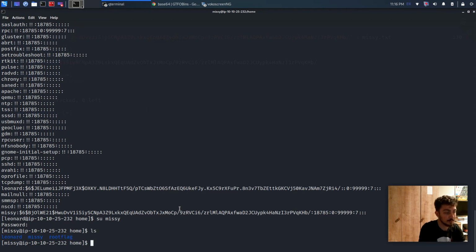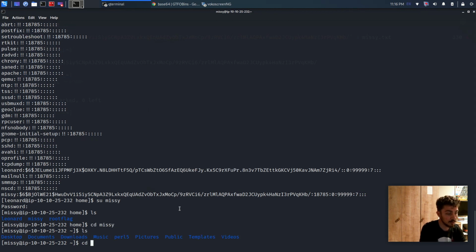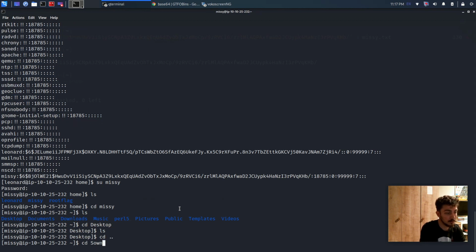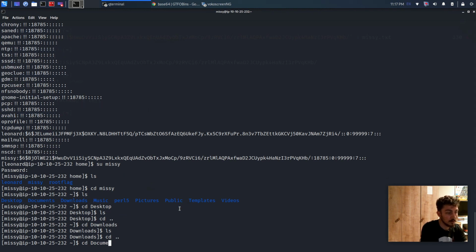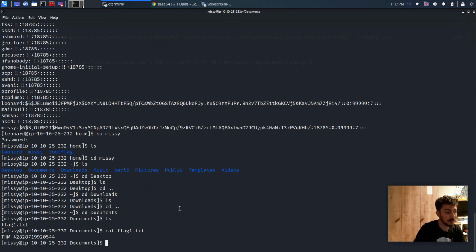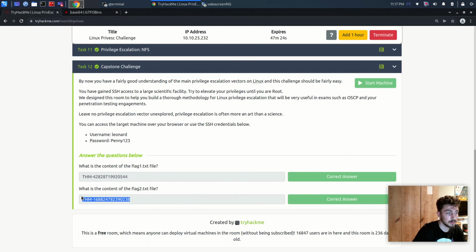Okay, let's see Missy. Let's look. Desktop. Let's look. No. Just downloads. Just in the documents. Yes. Let's look at flag1. And this is our flag again. You can copy and paste it here and ask for the